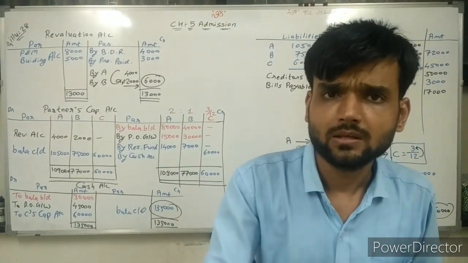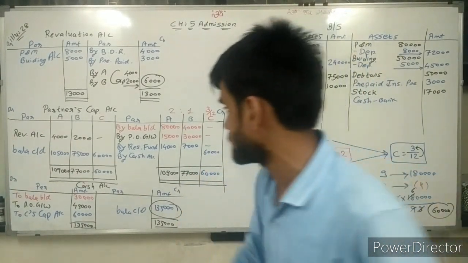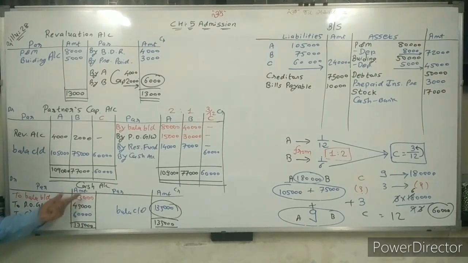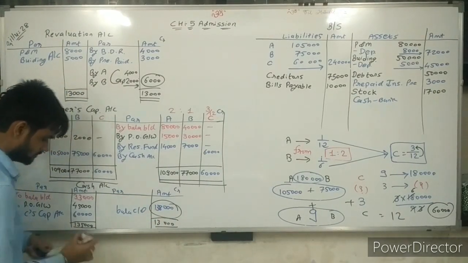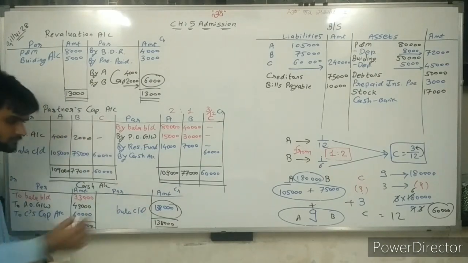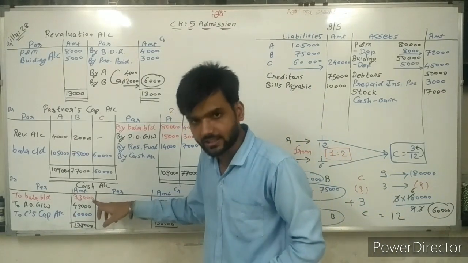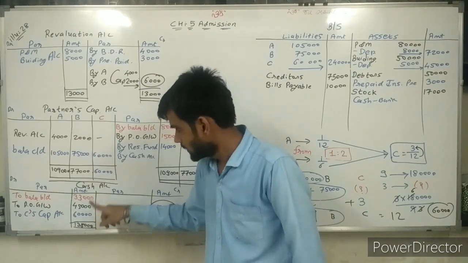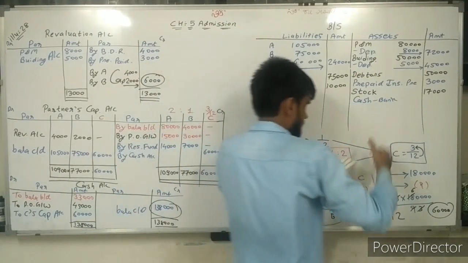Okay, one thing is missing here. Cash and bank balance, opening balance, in the old balance sheet 33,000 is given. Here I have written 30,000. It is actually 33,000. So balance b/d is 33,000. In the old balance sheet, the opening cash and bank balance is given as 33. By mistake it was written 30. Now I have corrected it. 33,000, 33, 45, 60, 138. 138 is the balance, and that 138 cash and bank balance we are writing here.